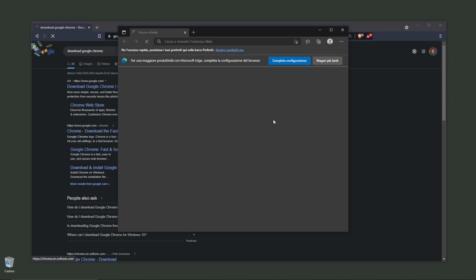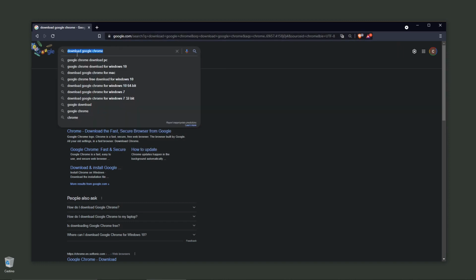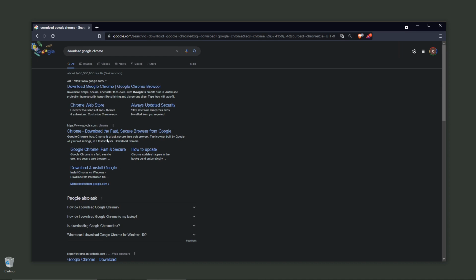You are probably using Microsoft Edge if you are on Windows, or Safari if you are on Mac. So just get into one of these search engines and type download Google Chrome. And then you can click here and go directly to the download and installation page. It's a pretty simple process. You just need to go in the right link. Just click the first link